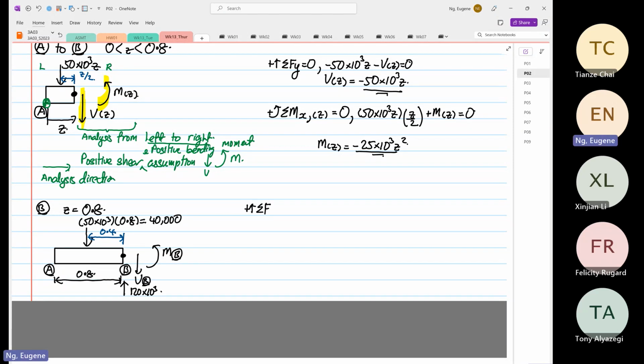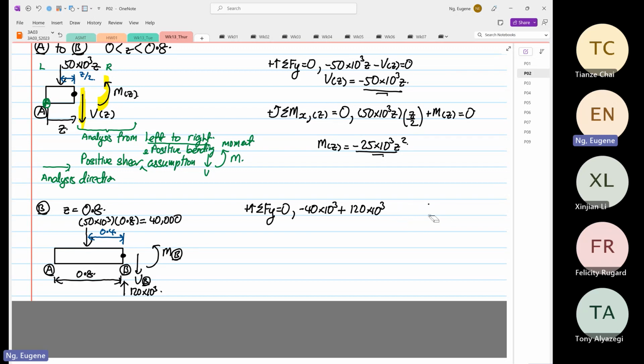Summation of forces in the y direction is equal to 0. So you have minus 40 times 10 to the power 3 plus 120 times 10 to the power 3. And this will be equal to 80 times 10, sorry,